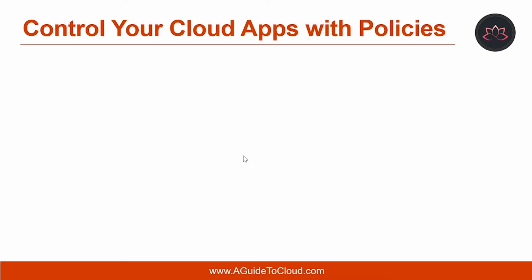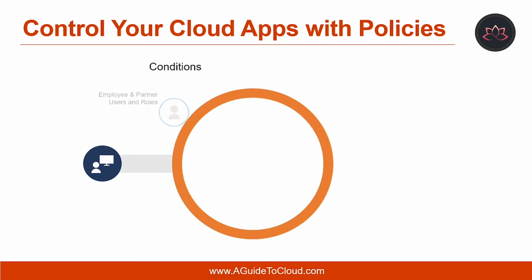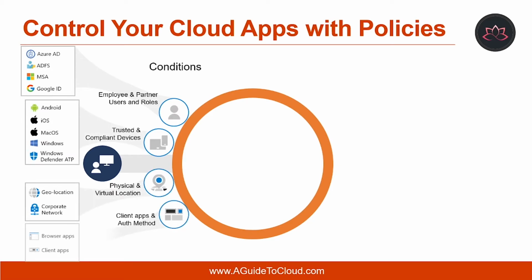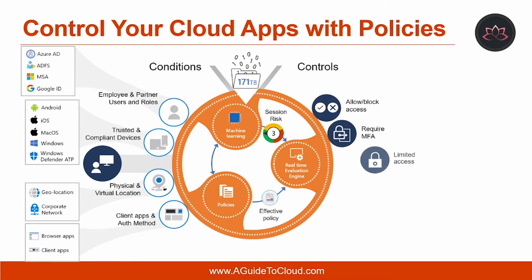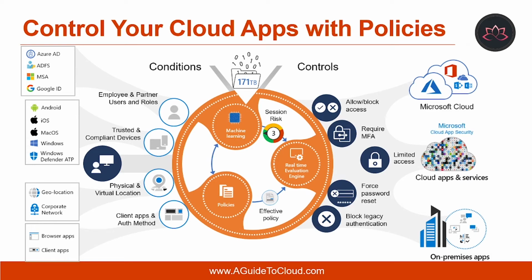Let's understand how to control your cloud apps with policies. There are multiple types of policies that correlate to different types of information you want to gather about your cloud environment and the type of remediation actions you may want to take. For example, if there is a data violation threat that you want to quarantine, you need different types of policy in place than if you want to block a risky cloud app from being used by your organization.